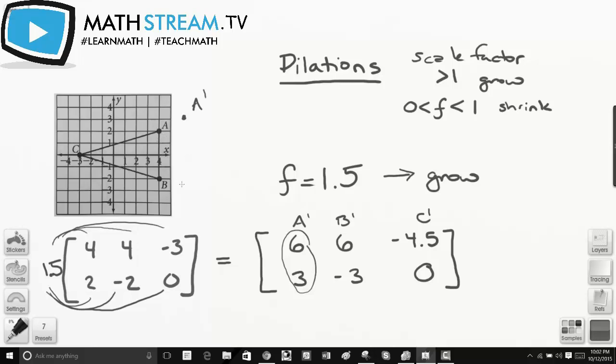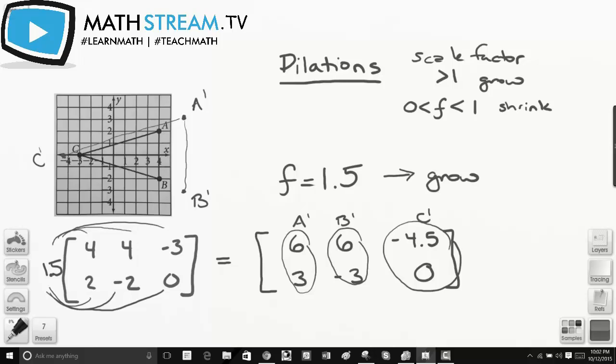So same thing, come out here, except we're going to go down to -3. That's B prime. So we just graph this point. And then lastly, we'll graph -4.5, 0. So we go out to 4.5, -4.5, and 0. And that's C prime. And then check out, if we take this and connect the dots,